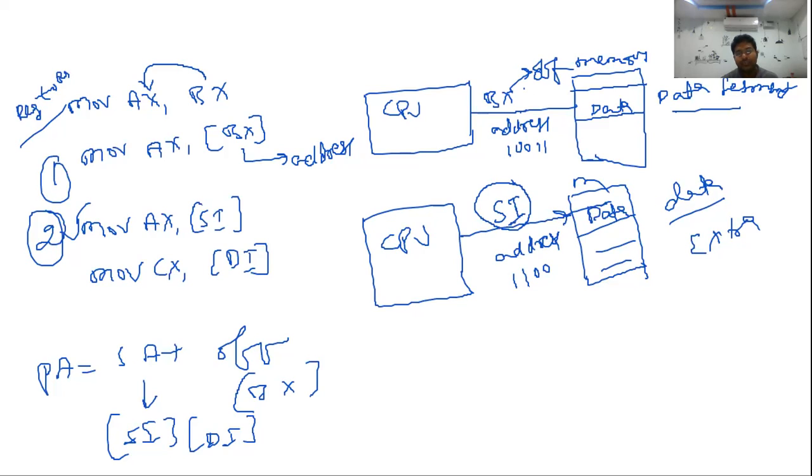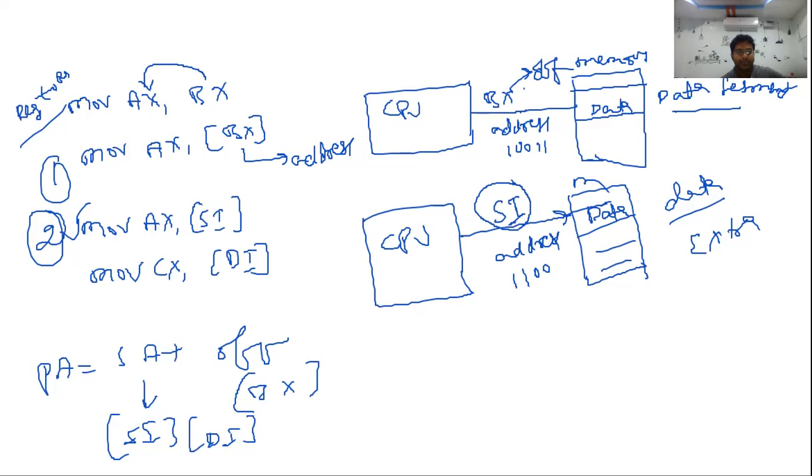What is the difference between these two instructions? See this, the first and third instruction. Both look the same, but here you are representing some displacement value. So for this displacement, the effective address is changing. It simply adds 50H to that register value, so the effective address location is changing. This is the effective address location value for this instruction: 50H is added to this BX register.